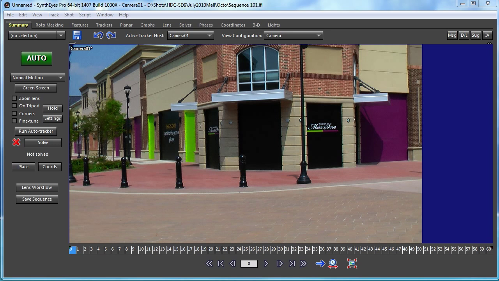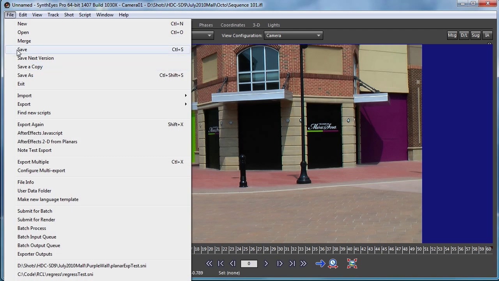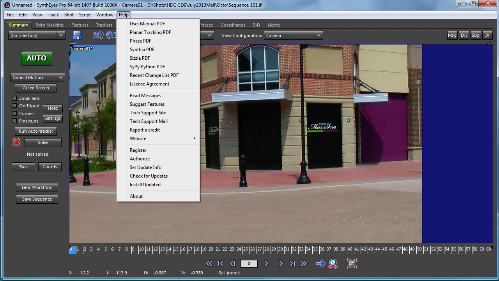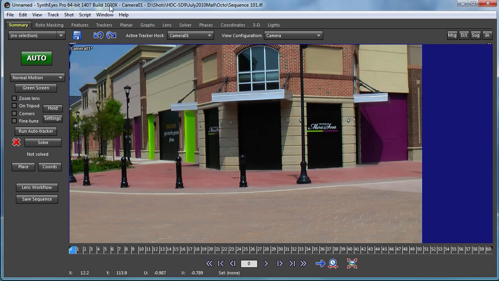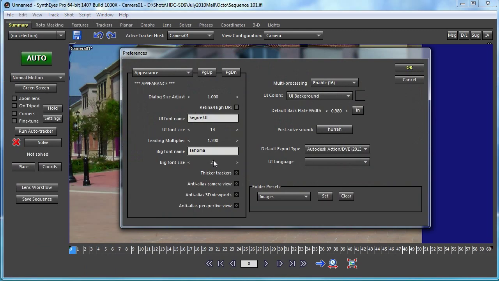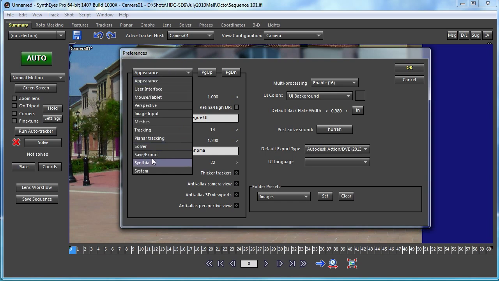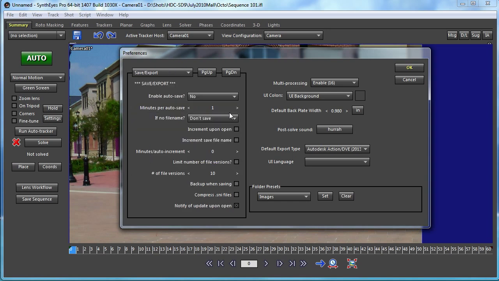In this tutorial, I want to talk about file save. So I've just created a scene, and I haven't set up any name for it yet. Now, traditionally, I do a file save or a file save as to set up the name for this file. But in SynthEyes, you have a couple different options. You can do things the traditional way, or you can turn on the autosave feature, and initially SynthEyes is going